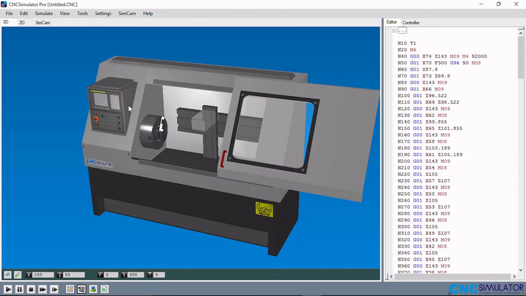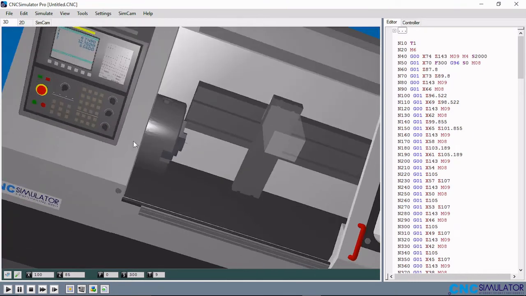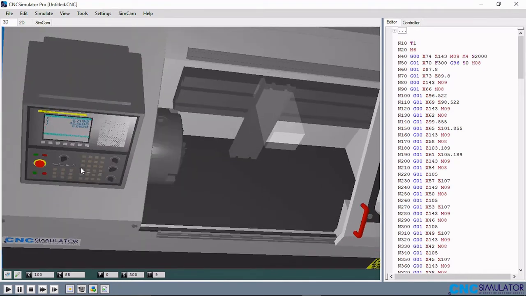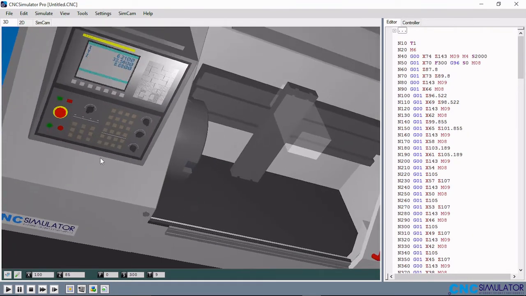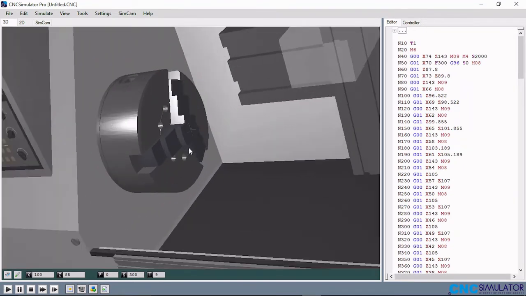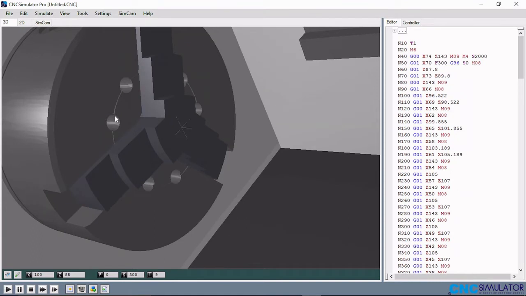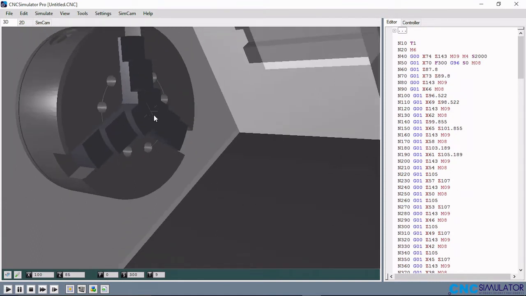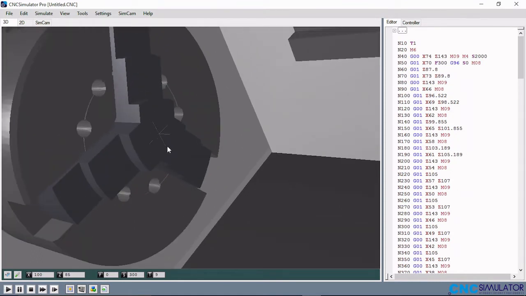CNC lathe, and we talked about CNC having the MCU as an onboard PC. So this is the onboard PC in this case for this particular CNC machine. So here you have the headstock. This is the headstock of the CNC lathe, and this crosshair that we can see here is the